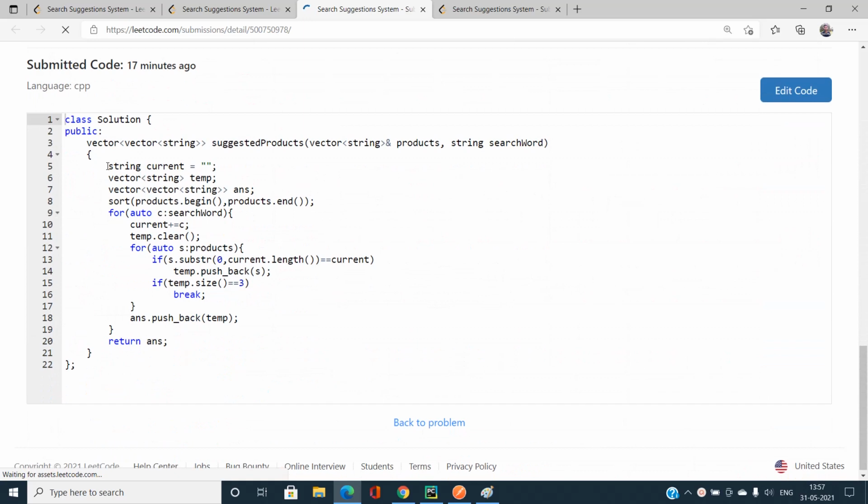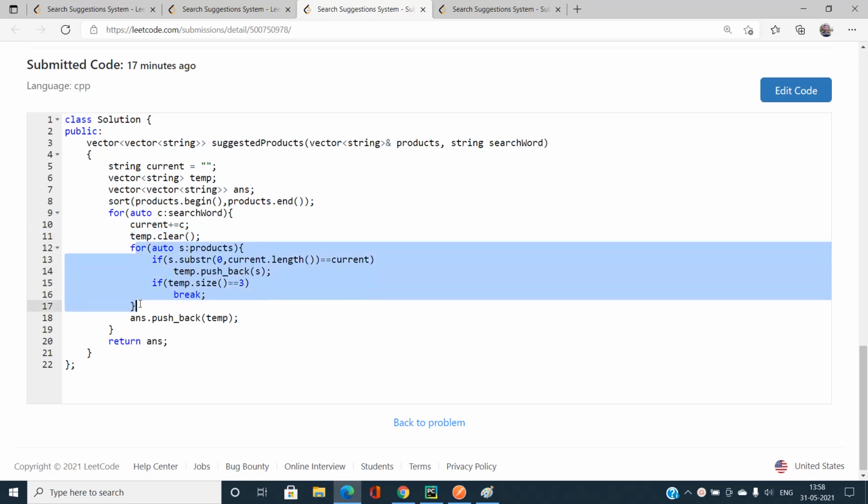So the code is like that. Maintain the current, and maintain the temporary, a string vector for storing the answers for a particular query. Sort the products array initially. It is going to benefit us because whenever we find three strings, they are already sorted in lexicographically smallest order. So current plus equal to c, temp is cleared, iterate in the products array and find the prefix.